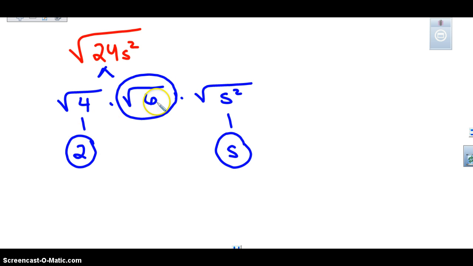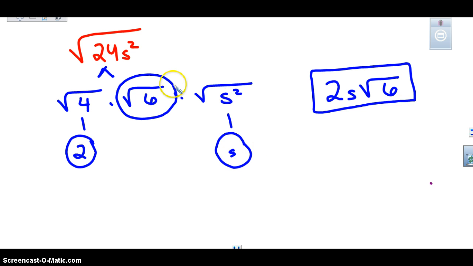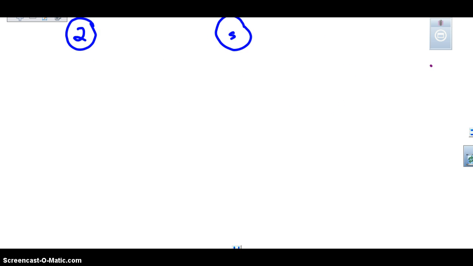So I can't simplify it. Now, I circle my numbers and my variables when I know that I'm done. So that means 2s times the square root of 6. That means that when we simplify, the square root of 24s squared is equal to 2s times the square root of 6. Let's say we had to simplify